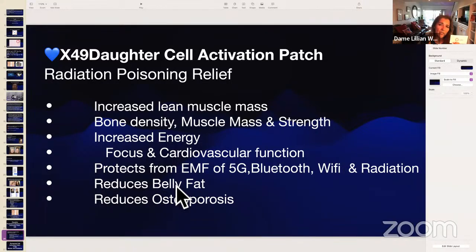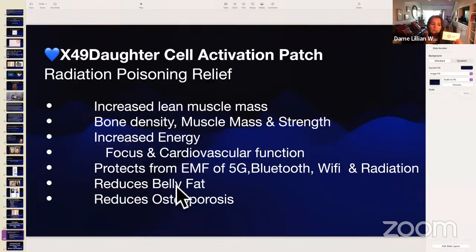This patch, normally the human body will use whatever you ate as your last meal. There's a certain amount of glucose that's produced, and your body will take that glucose and use it as an immediate fuel source, as energy to fuel the body. Anything that's left over turns into fat. This patch will reduce your belly fat because it'll go to use your belly fat as an immediate source of energy first. And because now you're going to have 33% more energy running through your body because you have this